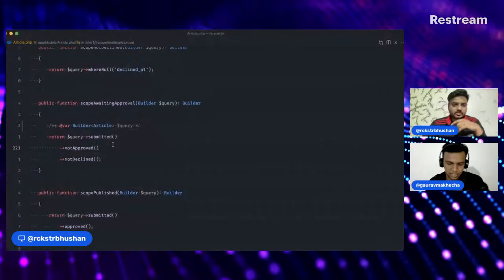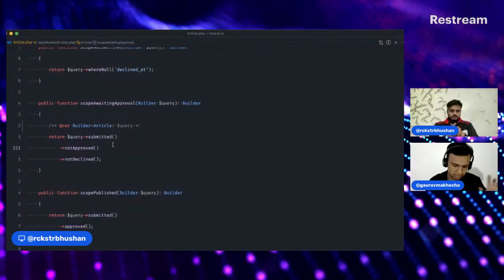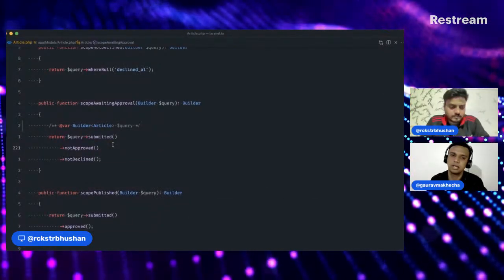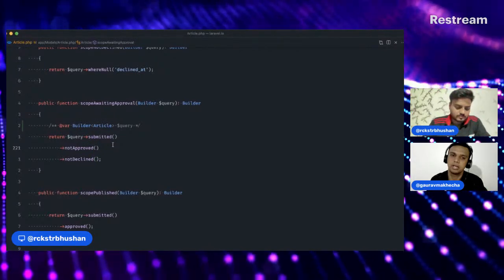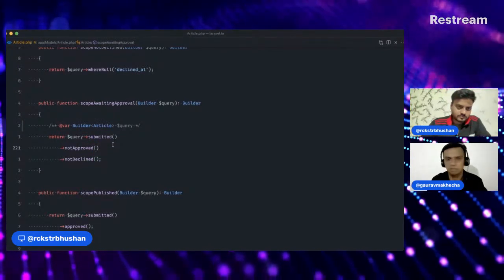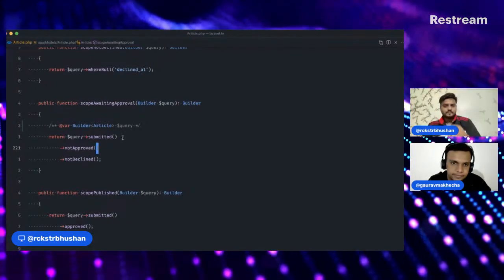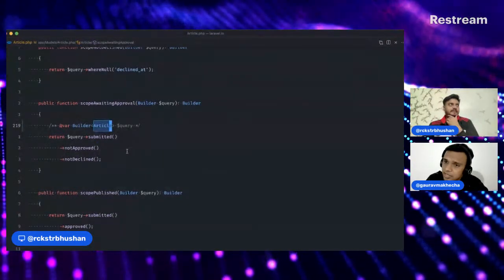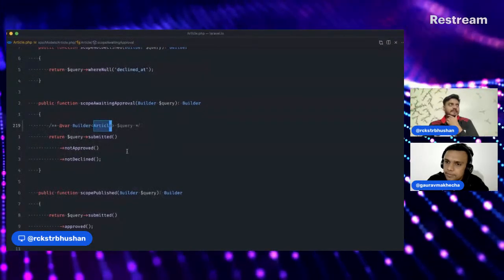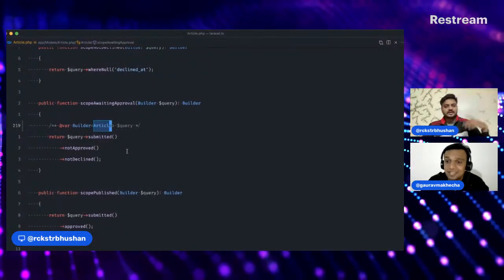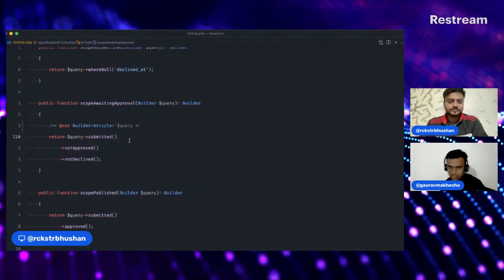Okay. Again, to repeat, if you're using it at the controller level where we have a specific Eloquent object of the Article class, it will work. We will not need to put the doc block. Is that clear? It is because of the Laravel package we have used, so that's why the scopes work. Yeah, okay.